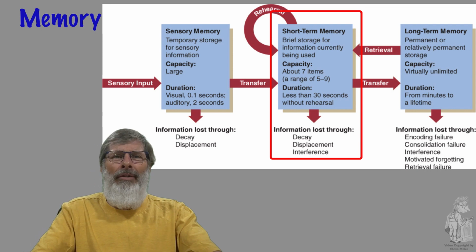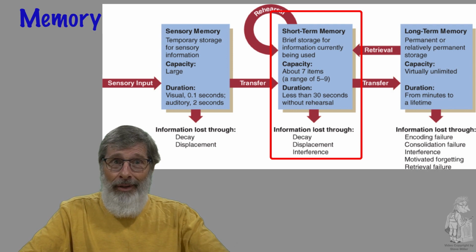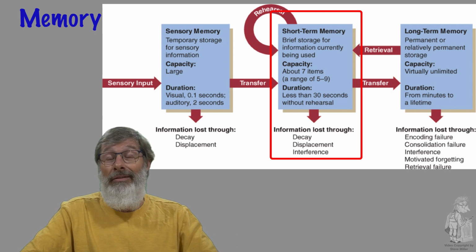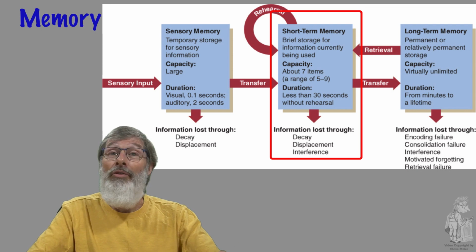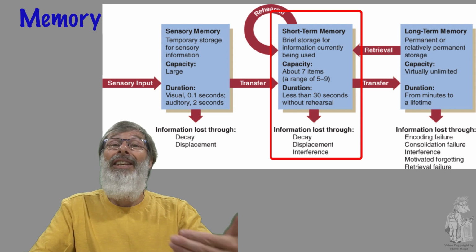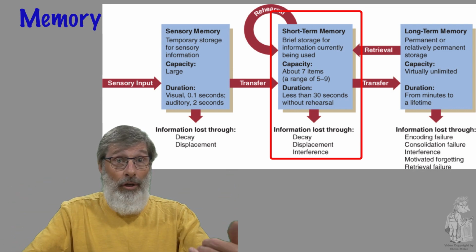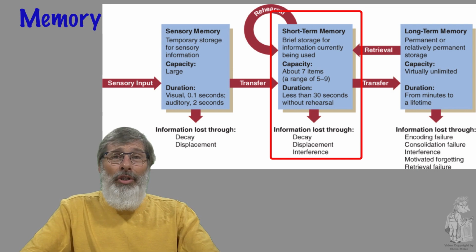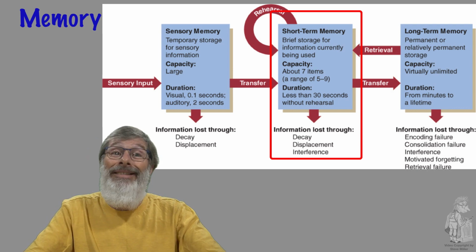If additional information enters the short-term memory, displacement occurs, and the information that was previously stored in the short-term memory is lost. So this is what's so important about short-term memory and some of these rehearsal strategies, is to keep it active and then be able to transfer it into what's known as our long-term memory. Each new incoming item pushes out existing items, which are then forgotten. To retain the information, rehearsal is needed.